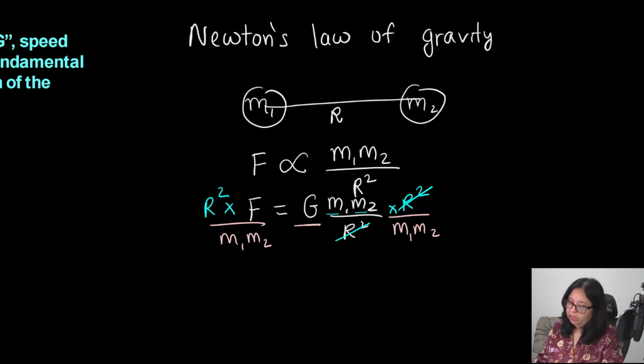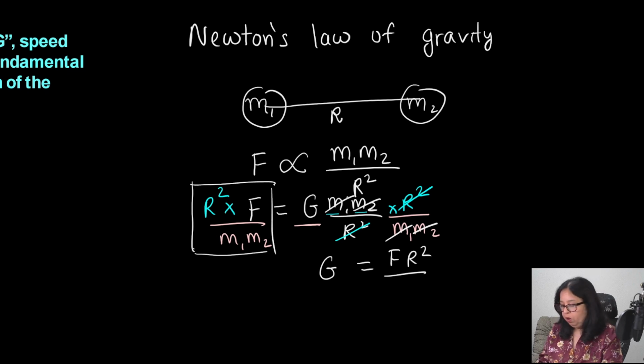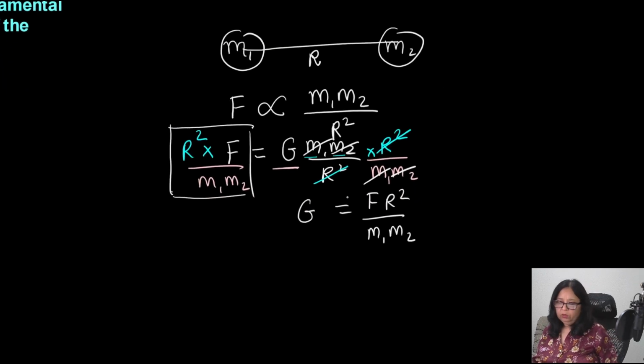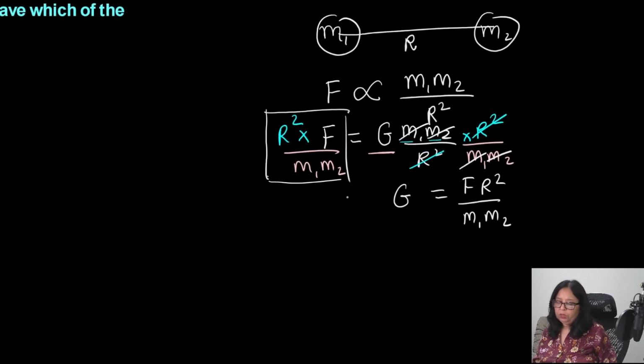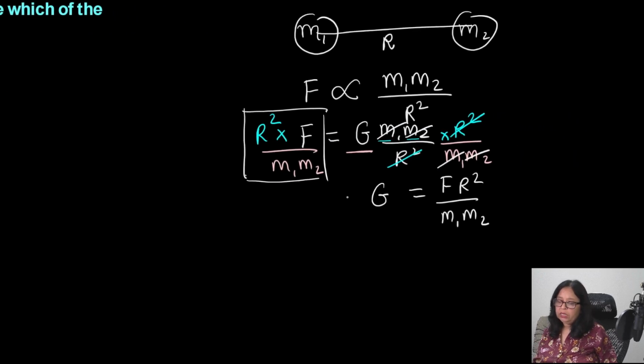This cancels out m1, m2 and gives us G equal to F times r squared divided by m1 m2. Okay. So we really want to figure out G in the most fundamental quantities, which are mass, length,